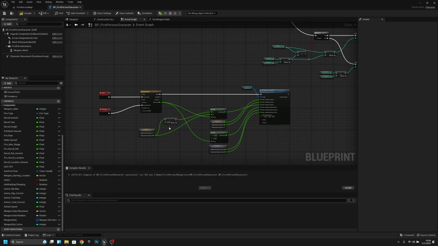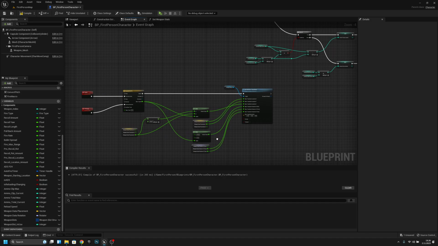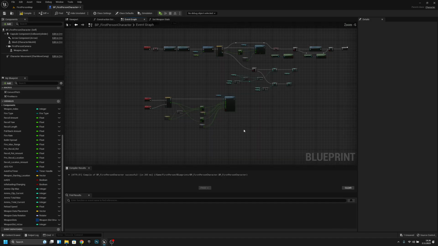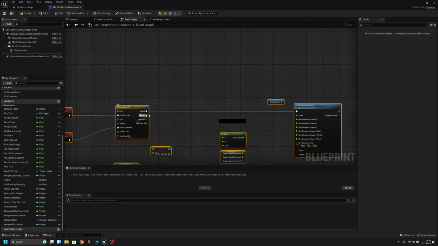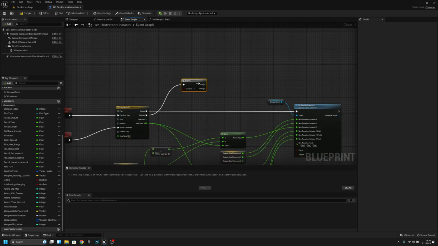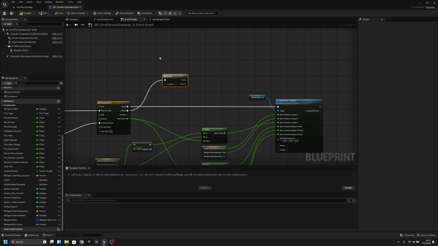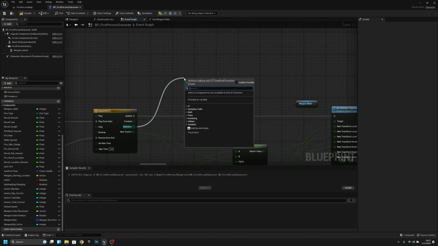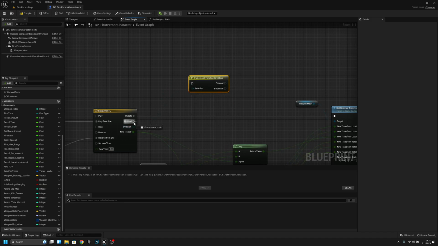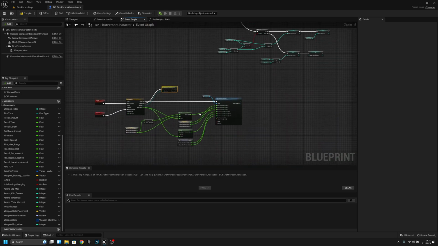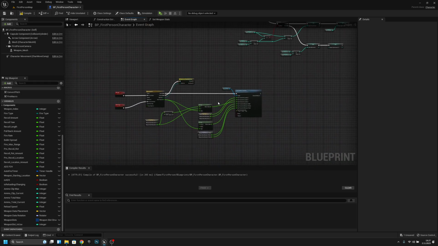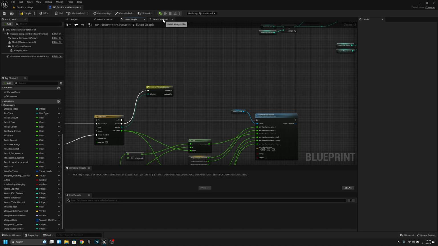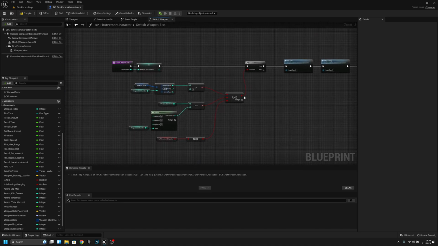And now I want to, after this, I want to add a branch. Or actually, we can get from here and switch on each timeline direction, and let's connect it to the finished, like this. And yeah, so now we actually have to go to here to a